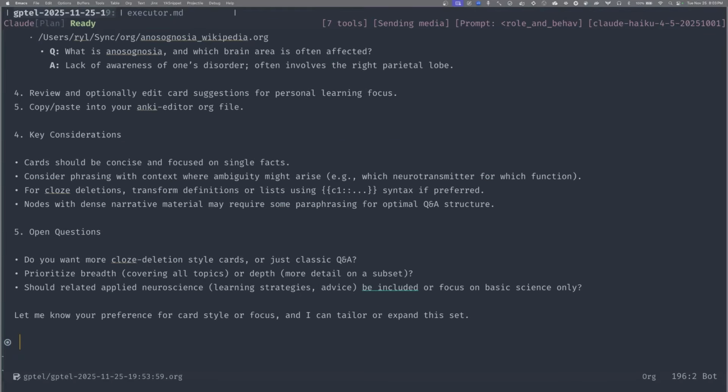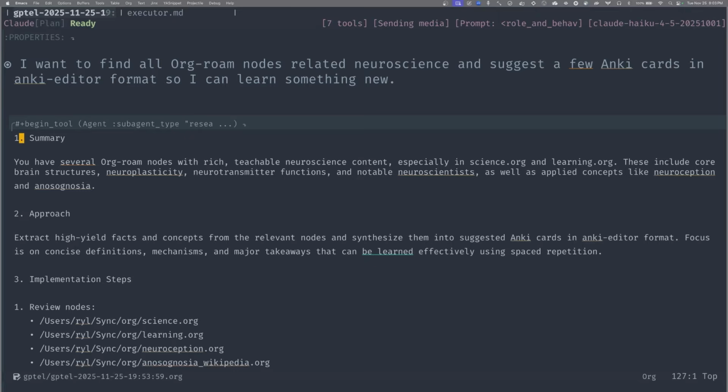No. Hang on. Okay. So this is a demonstration of gptel-agent, right? Now, if we wanted it to improve the quality of its results, first of all, I would probably use a model with thinking capabilities and not GPT 4.1. Oh, right. Wait, did it use Haiku? I think it used Haiku. Okay. So if you had used Sonnet, I think you'd have had a better output.